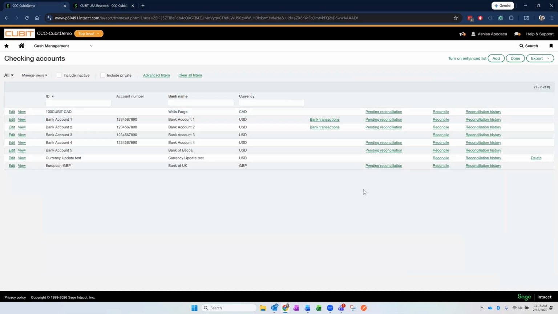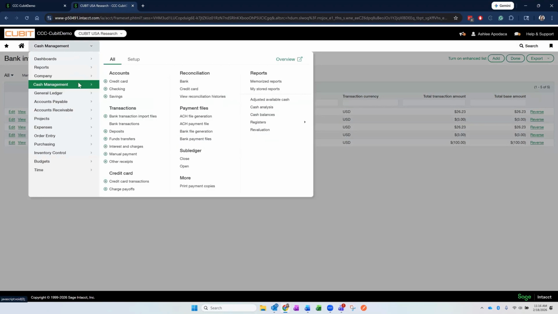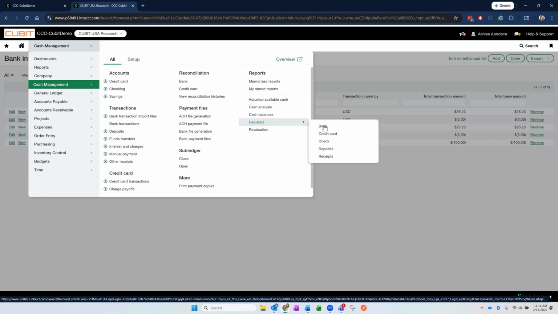Lastly, in cash management, the bank register report has been enhanced for multi-entity environments. So when running the report from within an entity, Sage Intacct will now automatically populate the entity's location, preventing errors caused by missing location filters. So if I go back to my entity level and go to cash management and go under reports, registers, and bank,